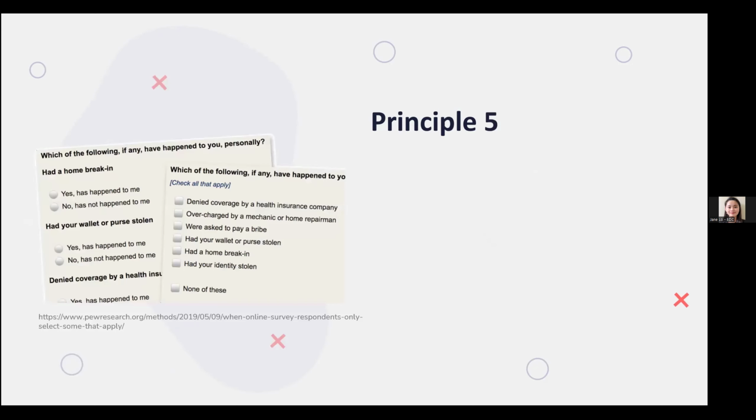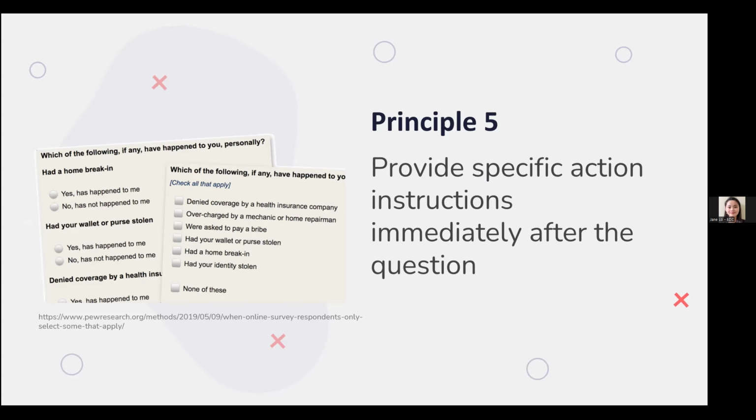Now we move into guidance and instructions. It's not just what you ask, it is how and when you explain it that matters. Principle 5 is the action instructions right after the questions. So for example, if this is your question, right? Your question is, please rate your satisfaction with our service. And then the instruction immediately below that question should be use the star